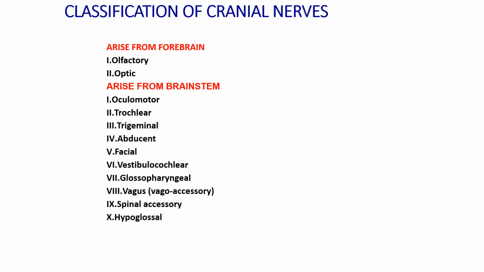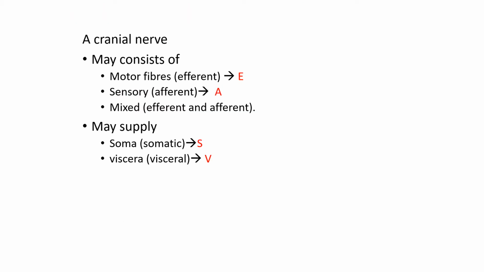As you all know, there are a total of 12 pairs of cranial nerves, out of which the first two pairs, that is olfactory and optic, arise from the forebrain, whereas the remaining 10 pairs arise from the brainstem. You also know that a cranial nerve may consist of only motor or efferent fibers, where efferent stands for E, making it a purely motor nerve, or it may contain only sensory or afferent fibers, where afferent stands for A, making it a purely sensory nerve, or it may contain both efferent and afferent type of fibers, making it a